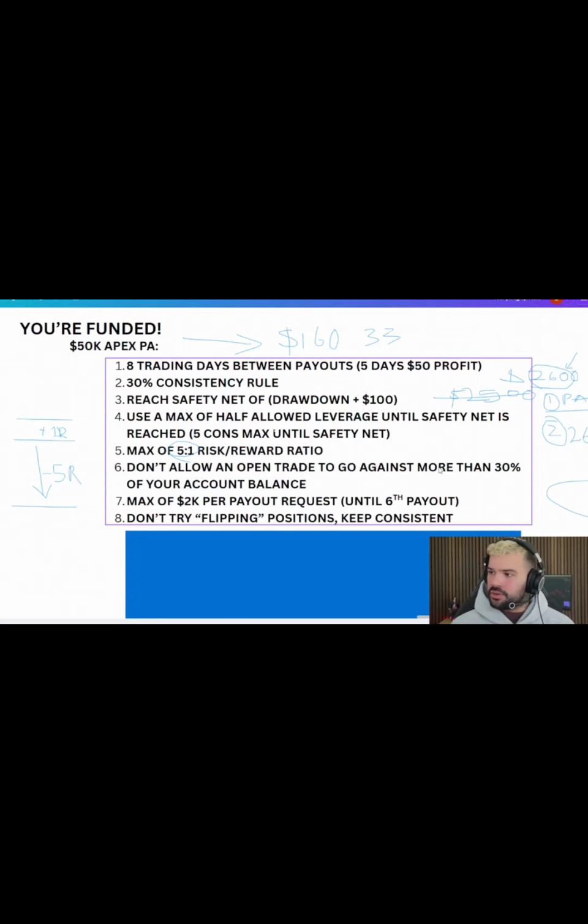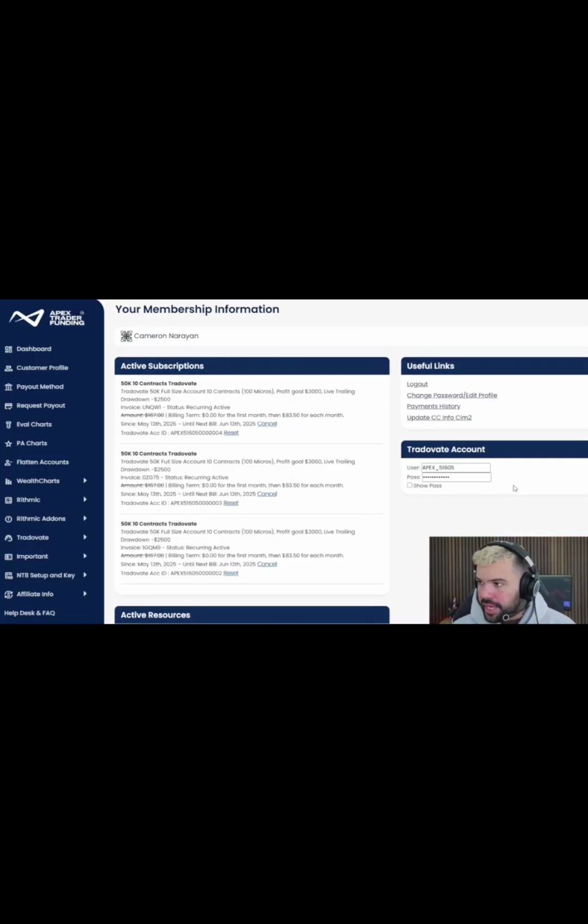Now, let's talk about how to set up your account. A lot of people are used to trading on Project X, Top Step X. So I'm going to quickly run through now how to set up an Apex account using Tradovate and plugging that directly into TradingView. Or if you're like me and you'd rather execute off Tradovate, I'll show you my Tradovate settings as well. So when you purchase your Apex 50K Tradovate accounts, what you want to do is click on the